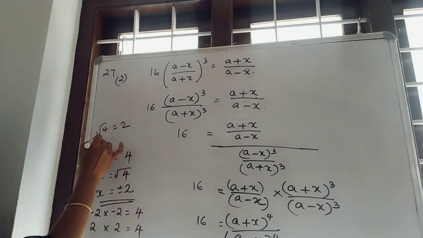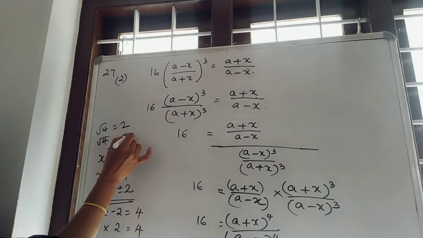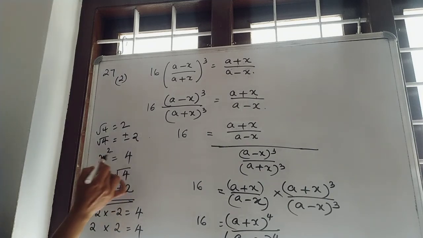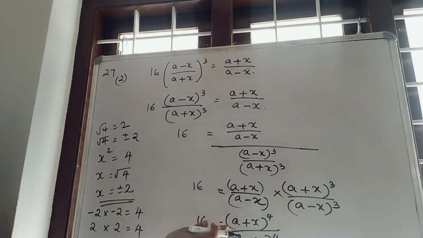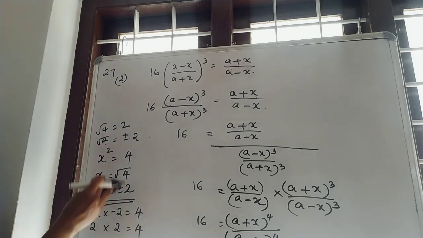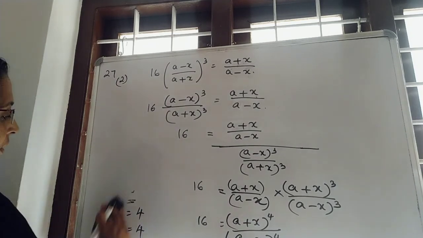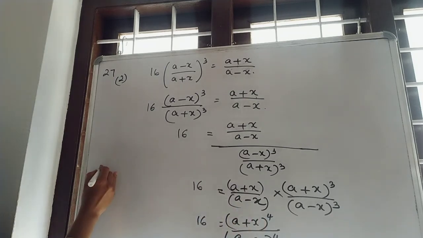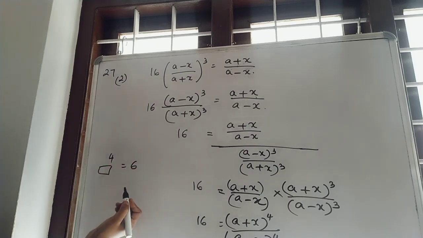Nowadays we are discussing that root 4 will be plus or minus 2. Same case here also we want to write. Raised to 2 means 4; same case here, raised to 4 means we will have the positive and negative values. So here 16 we can replace as what? Something raised to 4 is equal to 16, we don't know the value. So what will be this value? How can we find that?